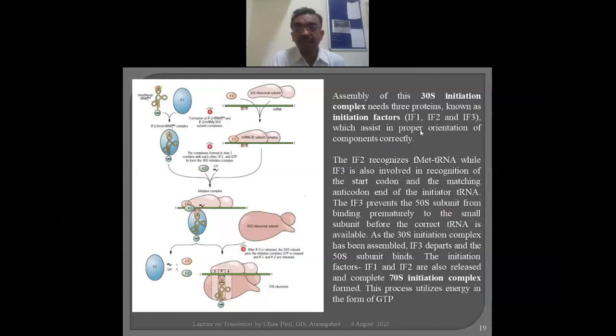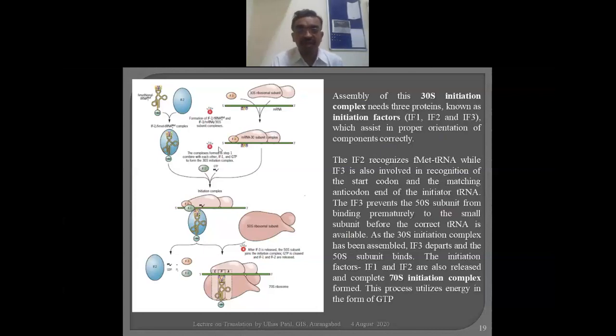What is their significance? They hold the mRNA and the 30S ribosome, and they mediate proper orientation. Due to their efforts, the 30S ribosome binds. I already gave that there is a particular SD sequence and anti-SD sequence, but proper holding and proper orientation are also important. We know that a key and lock have complementary structures, but the key should be properly inserted; only then will it bind. For that purpose, we have to make an effort. Such efforts are taken by the initiation factors. Initiation factor 2 recognizes the formylmethionine tRNA.